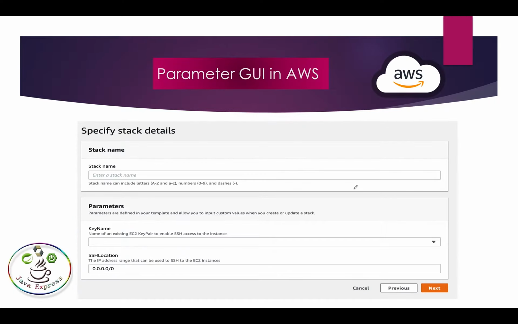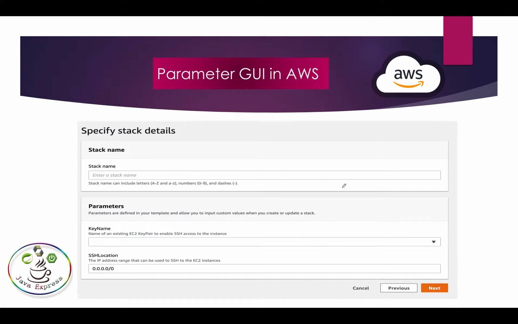Before explaining parameters, I'm showing you here how the UI will look. Suppose in the previous video I explained the EC2 instance, but are you able to log in? No. Why? Because we have not linked any SSH key. And you cannot log in because of the security group. It won't allow you to log in from your system, and port number 22 also won't be enabled for your EC2 instance. These types of things we can do by using parameters.